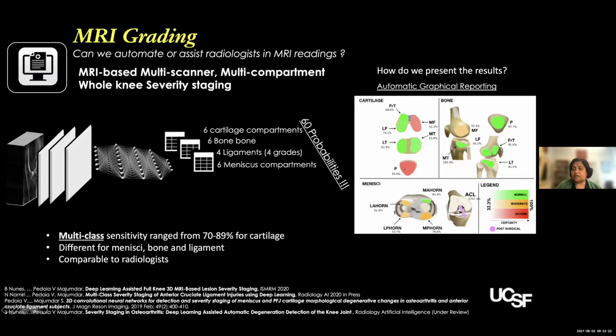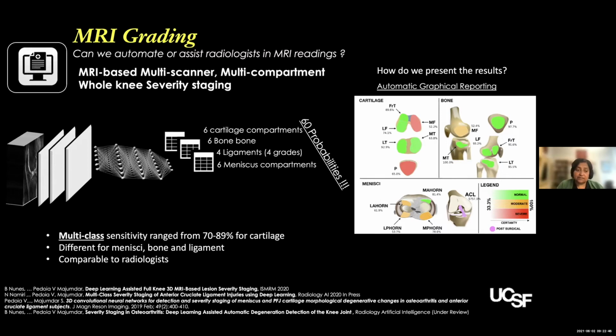Each of these bones is covered with cartilage. There's meniscus associated with the tibiofemoral joint, and there are different ligaments associated. So there are 6 cartilage compartments and 6 bone compartments that we deal with. There are 4 ligaments and 6 meniscus compartments. There are lesions which occur in each of these compartments, and they have different relevance in terms of their importance